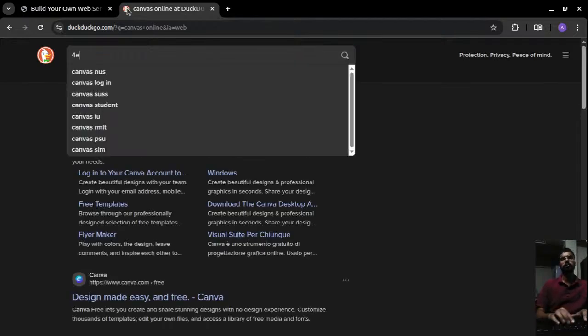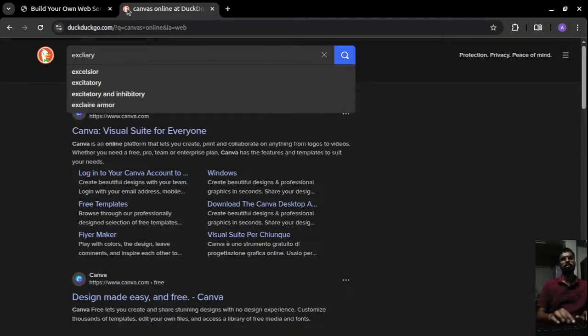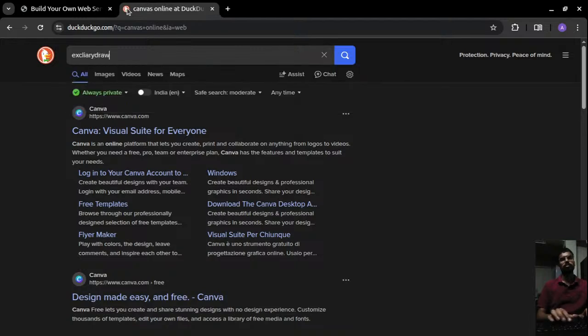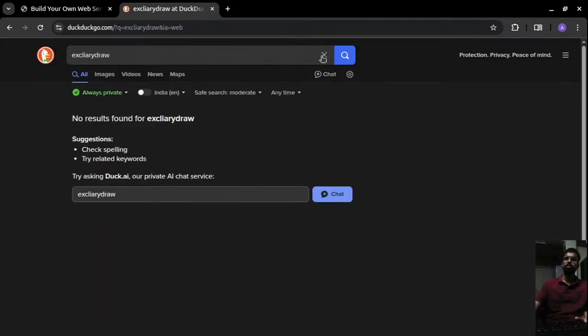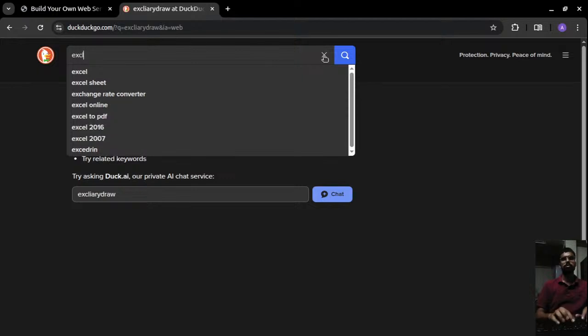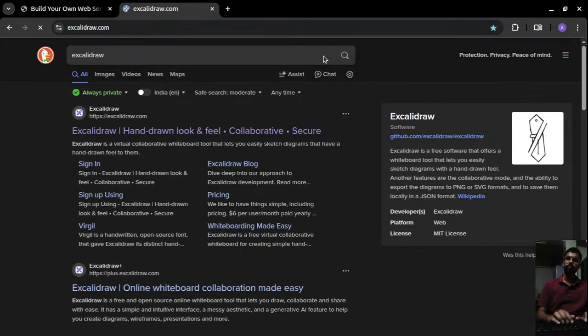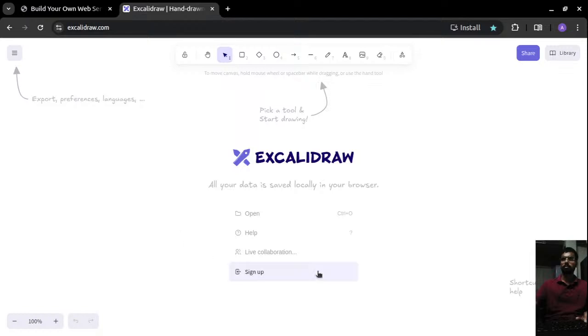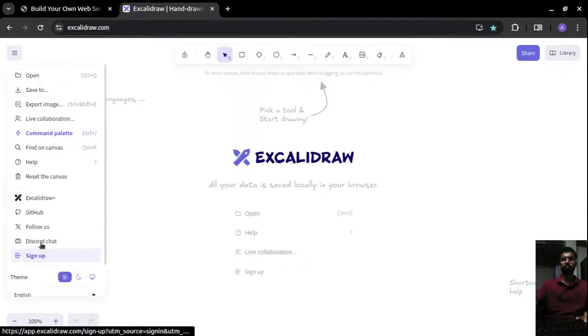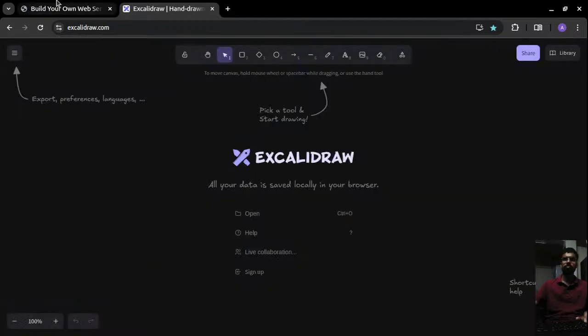Excalibur. Excalibur. So it's a dark model. So